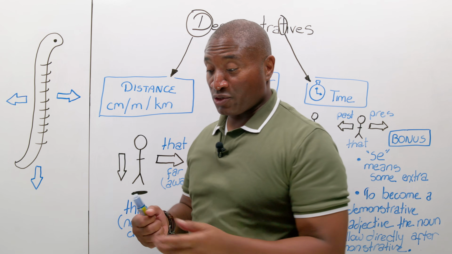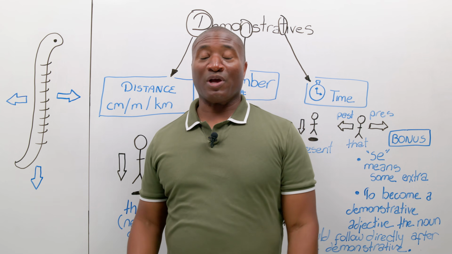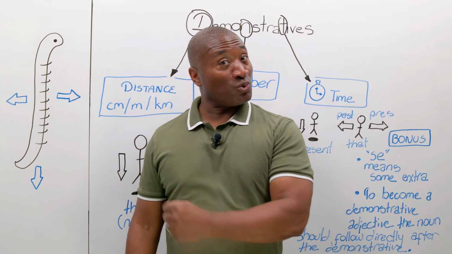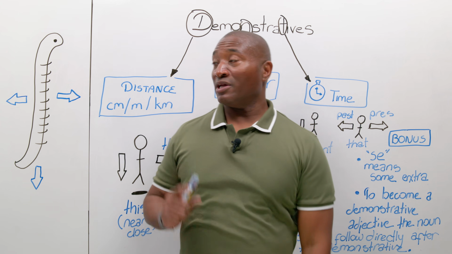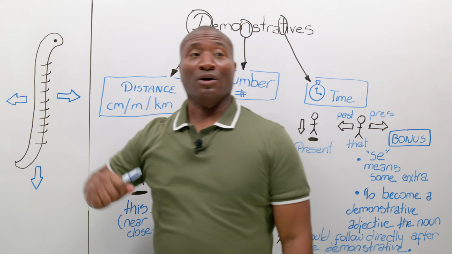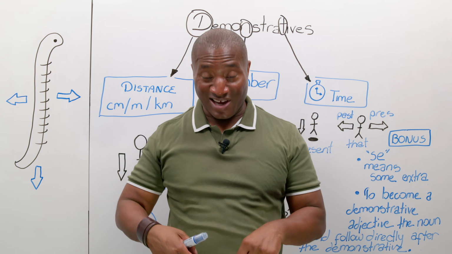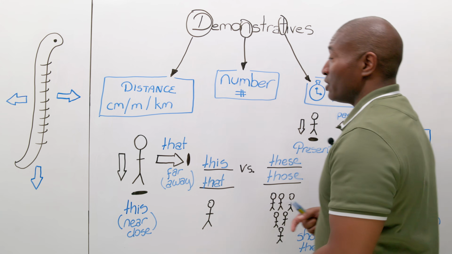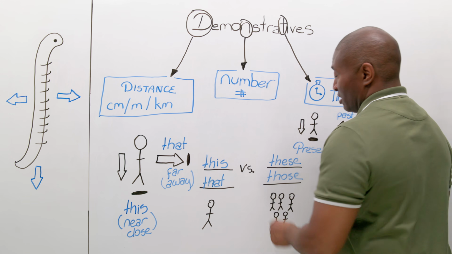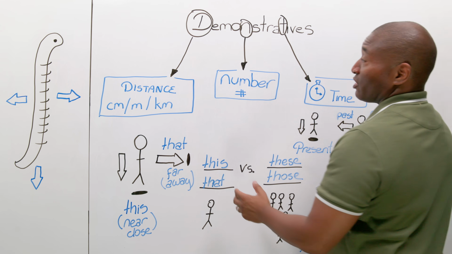I can use it for the future in saying, hey, I can't wait for our trip to Florida. That will be fun. That's not now, it's in the future, right? Or I can say, this is the best time of my life, and I'm talking about right now. So by using this and that, these and those, we can talk about, well,